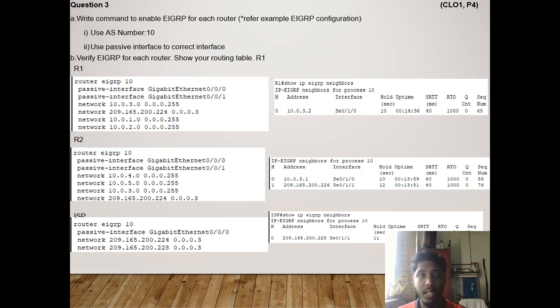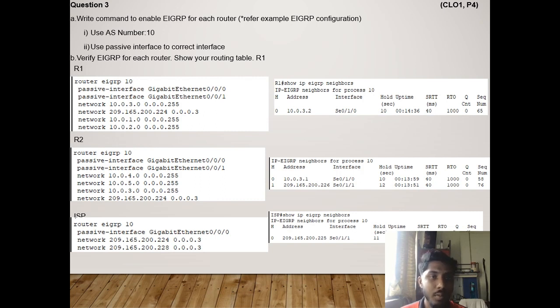Now I am going to explain question 3. Write commands to enable EIGRP for each router. Use AS number 10. Use specifiers for the correct interfaces. On R1, router eigrp 10, the passive interface I use on GigabitEthernet 0/0/0 and GigabitEthernet 0/0/1, and we use